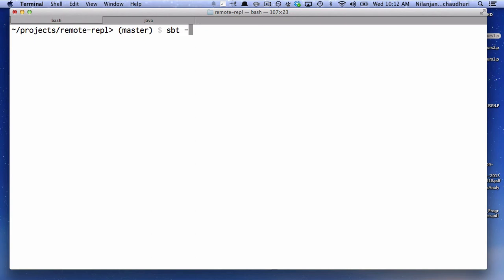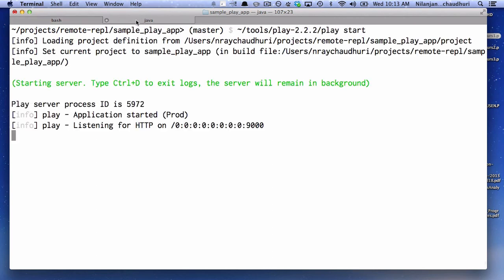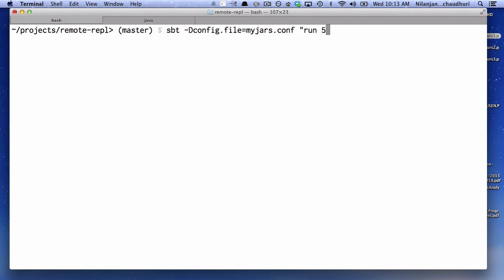First thing I'm going to do is pass the configuration file, which in my case is my jars.conf, and then use a run command with parameters. The first parameter I'm going to pass is the process ID of this running Play application, which is 5972. Then the host name where the Play application, or the remote JVM, is running, in my case localhost,